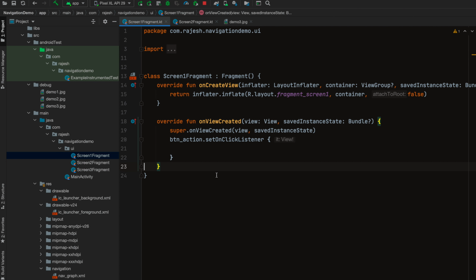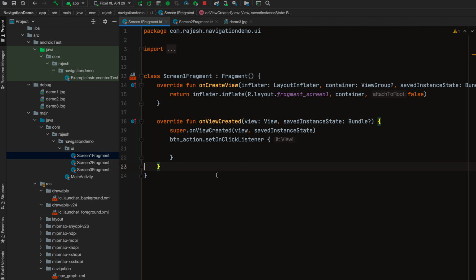Before starting to get back the data, I need to make you aware of some terms which will be used here. If you have gone through some of the other architecture components, you must be aware that there is something called state handle. The use of state handle is that it will keep your key values. So how can we save data across a configuration change, or when the system recreates our fragment, and how do we get those past values? We use a bundle to save those values, but if you are using an architecture component, there is something called saved state handle. With the help of it we can also save the values.